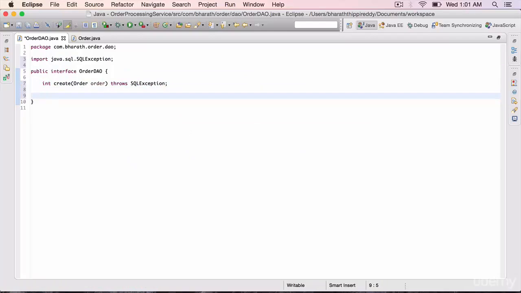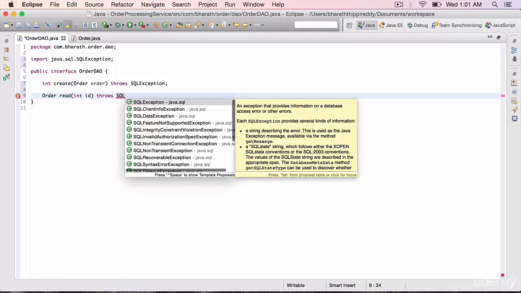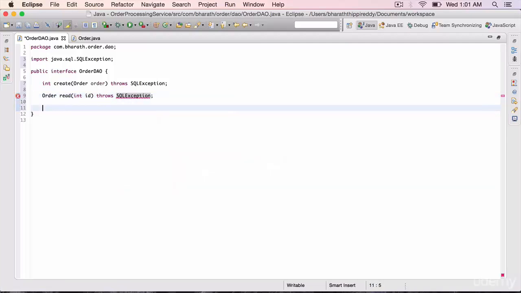The second method is the read method, which returns an order by taking an int id, the order ID. Again, this method as well throws a SQL exception. The third method is the update method. It returns an integer, update order, takes an order and updates it and returns back the number of rows that got updated.